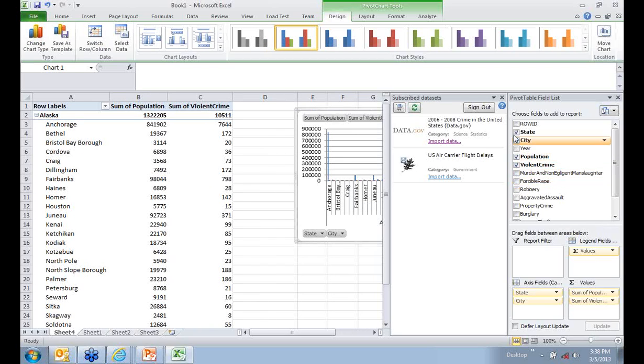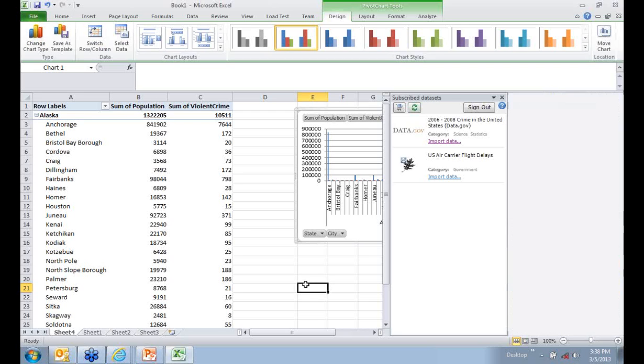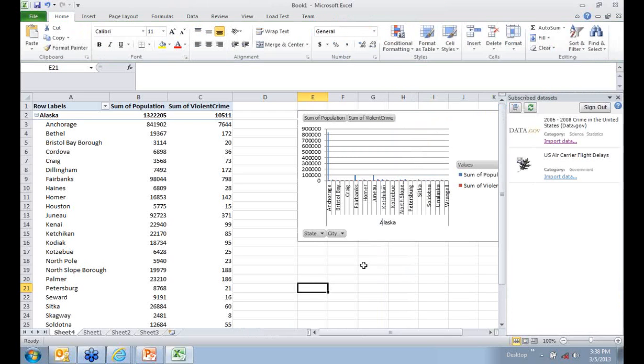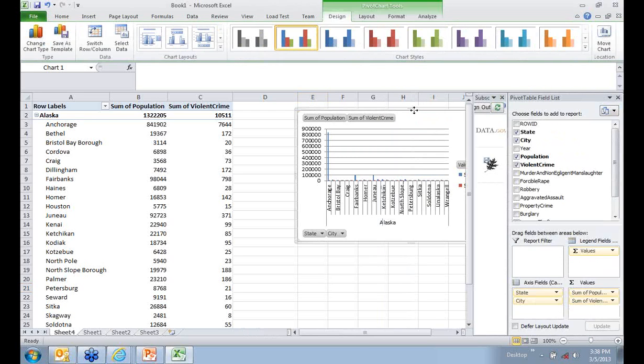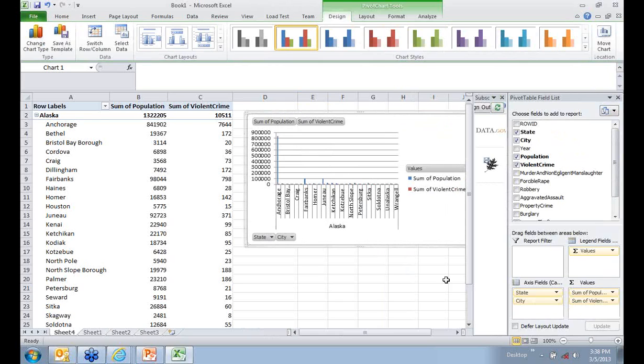Okay, maybe I can select here, in that particular city, what are the violent crimes that have been conducted in that particular state and city, right? So once the chart is created, I can put it here. I can slice it, I can dice it, I can create other charts also. That is up to you what you're going to do. But I'm just creating a very simple chart, okay, pivot chart.